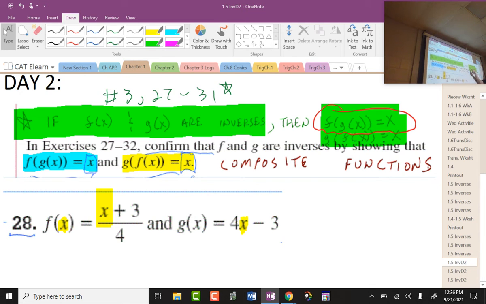And then I also should get from g of f of x, switching these, x as well. And if these two things happen, then the two functions are inverses. You are going to have to show that work in at least one question, probably more so like this 28. Not going to get real complicated with it. So expect to see